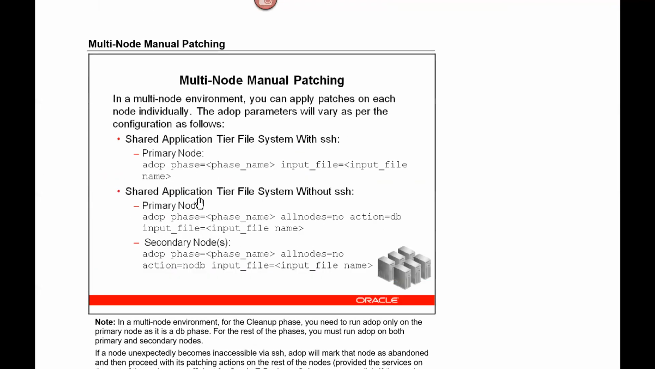Okay, now we'll see multi-node manual patching. First, I'll go with this option because most of the places you will find only this. In a multi-node, you can apply patches on each node individually. The ADOP parameters will vary as per the configuration. So in shared application file system, what you say is ADOP phase, that's it. Okay, this is fine. Shared application file system without SSH. Oh, okay. So without SSH means you have to apply the patches on all the nodes. Okay. So it means that on the primary node, you say,